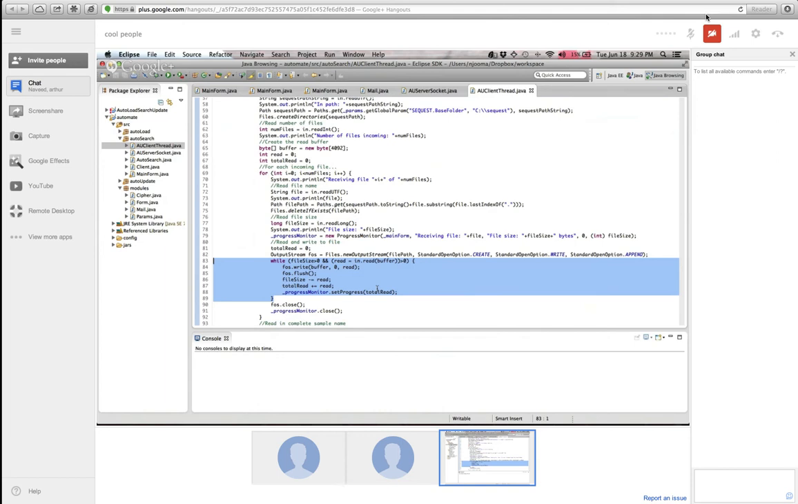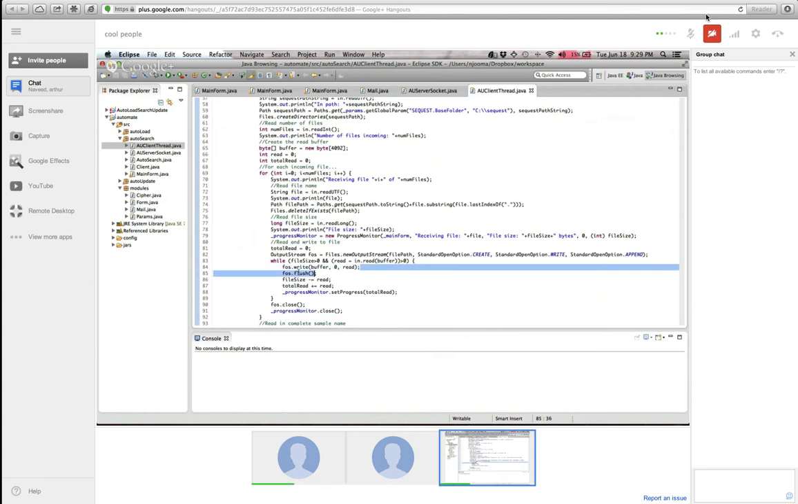Yeah, that's better. Cool. So this while loop is the actual reading of the files. And if you remember in auto update, we sent files in chunks of 4092 bytes. So right now we're reading in chunks of 4092. So you read, and then you immediately write that buffer of 4092 bytes to the disk, which is what this